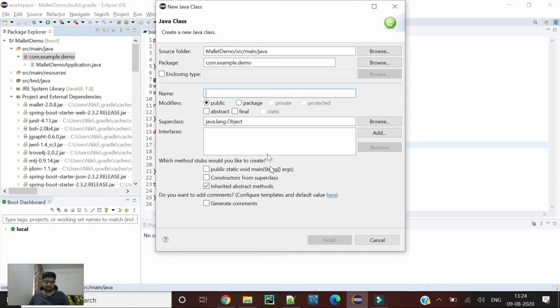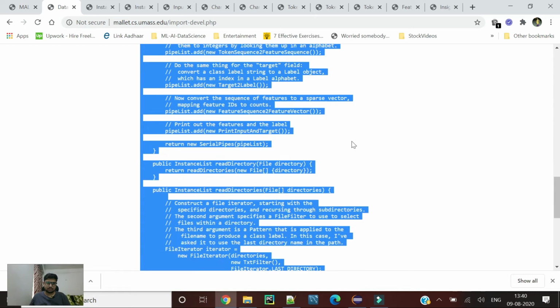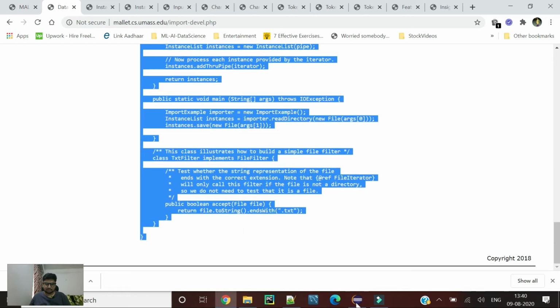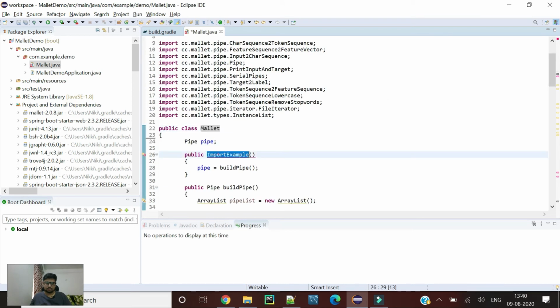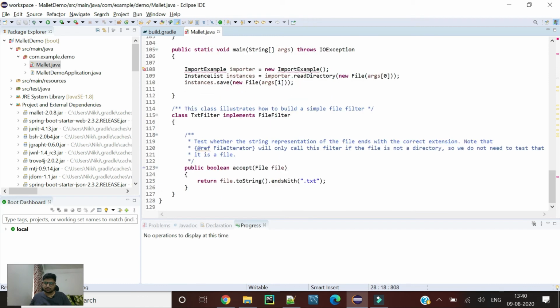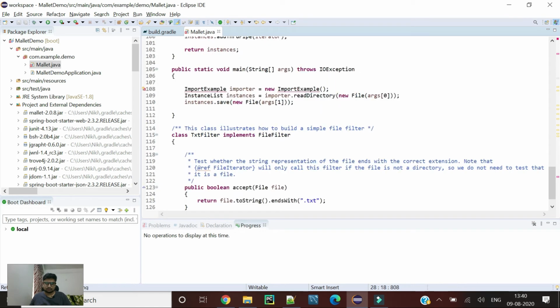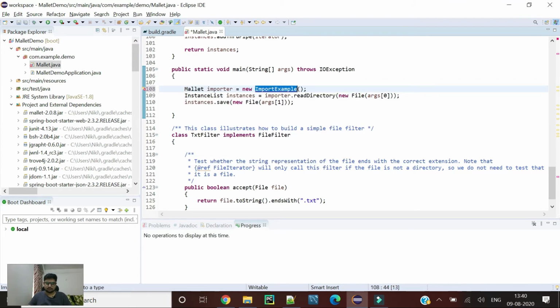We start with a simple class, Mallet. We'll just copy this and use it in our class, and just change the constructor here as well.